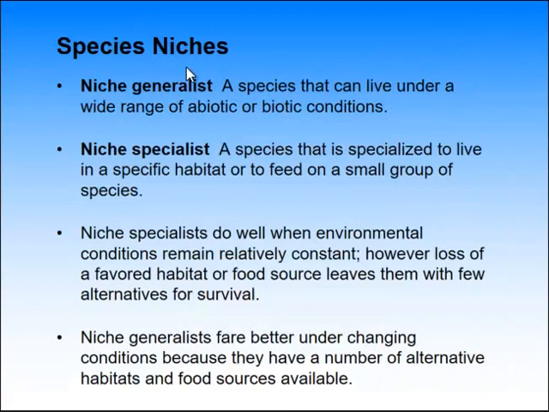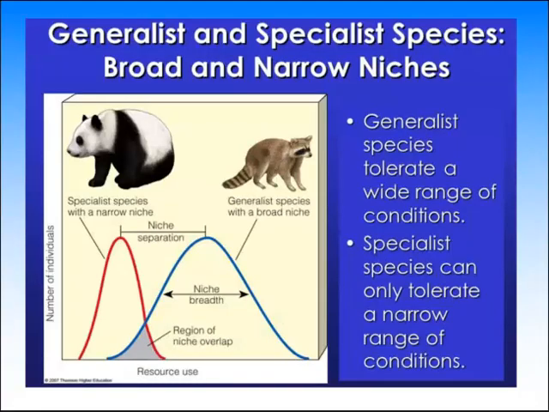Okay, so I'm going to talk about a generalist and a specialist and give you some examples in the next slide. You can pause this and look back at it if you want to, but I'm just going to explain it to you. So I stole this picture just for you to get a better idea of how to transition from niches to generalists and specialists. So take a look at my stolen picture. Pandas are special, so we call them specialists, and raccoons think they're in charge like a general, so they're generalists. Okay? Not really, but really. This was to help you remember.